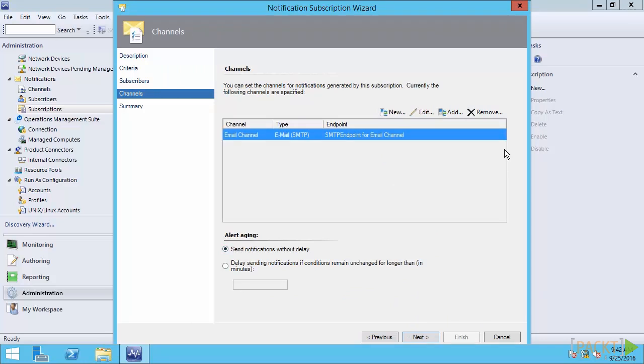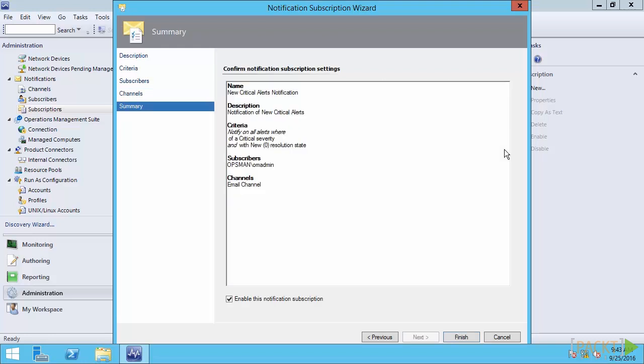And lastly, for your alert aging, I can send notifications without delay, or you can delay notifications to see if that condition is going to change over the next X amount of minutes. So if you wish, you can delay for 2 minutes or so to say, okay, well, after 2 minutes, if that alert status is still there, then I wish to be notified. Once you're done, you just click Next. It gives you a summary and click Finish